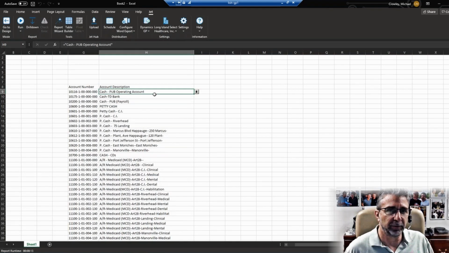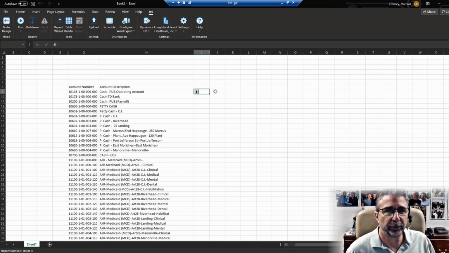Very simple, very straightforward. This little down arrow here won't do anything right now, but that is a drill down function. So when we do start putting numbers and totals of things here, you can click on it and it will drill down and show you the